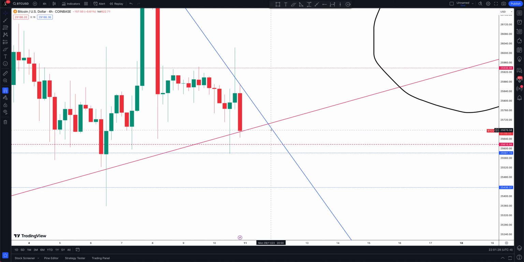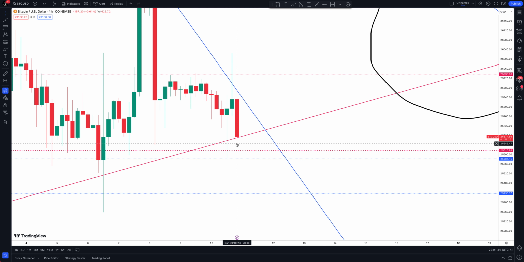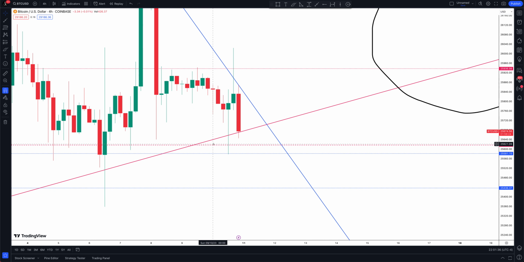So if this 4-hour can at least hard close above this daily, that would be great, because even though this is a daily, if we see a 4-hour close, a body, and then we're starting to see 4-hour candles close beneath it, that slowly invalidates that. That's what creates the next daily candle, and most likely that next daily candle will be closing below that uptrend, right? So if you think about it in a time frame wise,